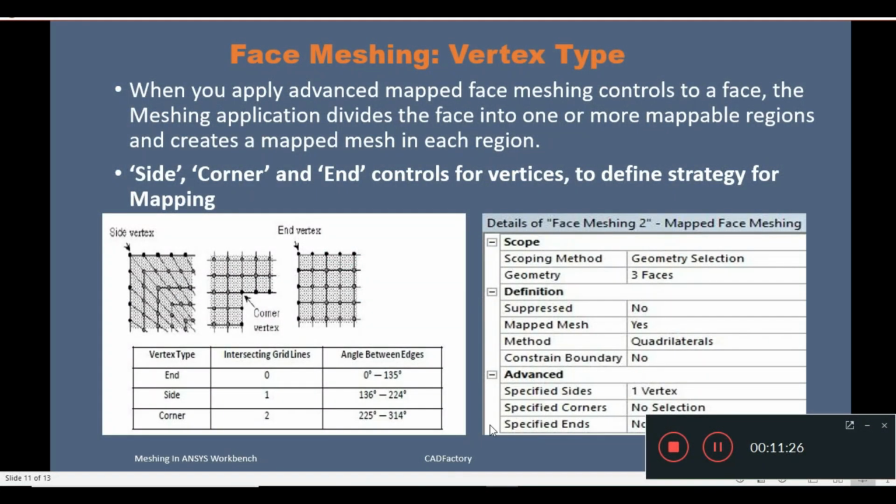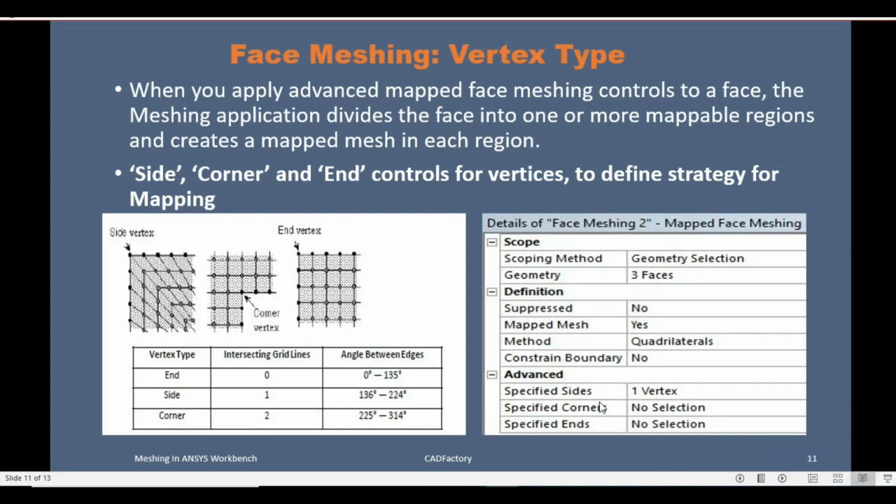Next there is again the advanced setting, like vertex. Here you will find three controls: specified side, specified corner, and specified ends. When we have any face, in that face we can find a number of vertices, and these vertices we have defined as side, corner, and end, and these act as controls for your vertices. So the vertex type is given as end, side, and corner, and the intersecting grid lines across the vertex is given, along with